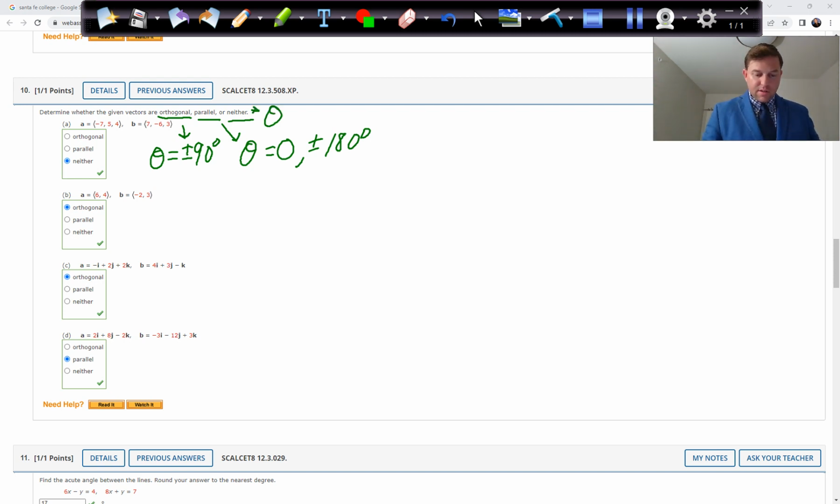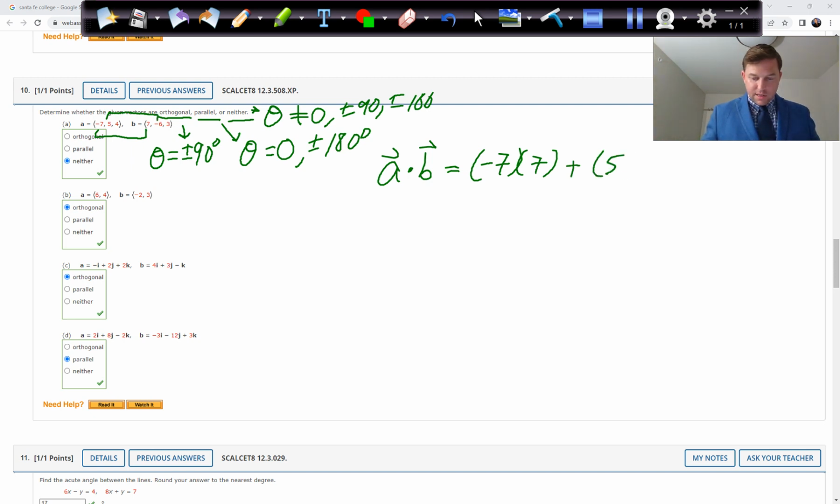So for neither, theta is not 0 or plus or minus 90 or plus or minus 180. So it's not any of those 5. Okay, so we just have to go through and solve it again. So we would have, let's look at the first one, a dot b would equal negative 7 times 7, first of each, then the second of each, plus 5 times negative 6, then the third number with the third number, plus 4 times 3, and we're going to get